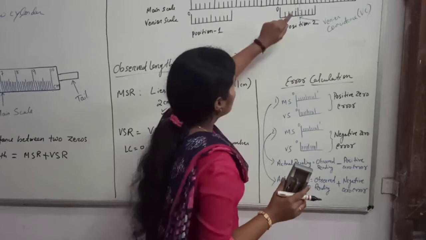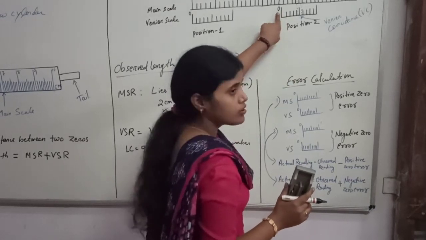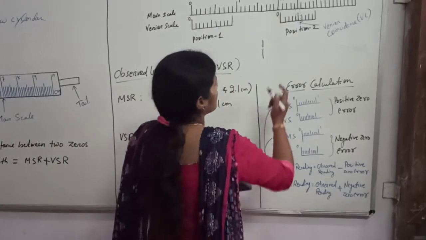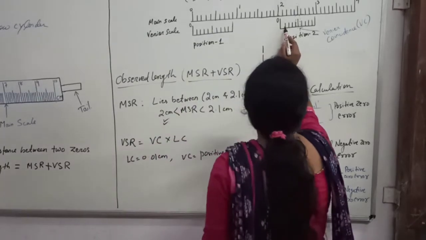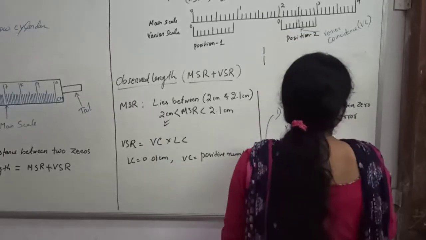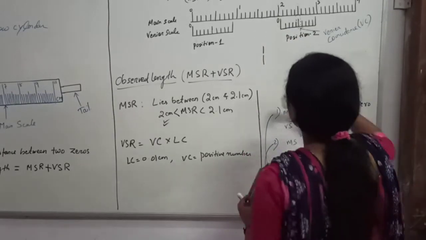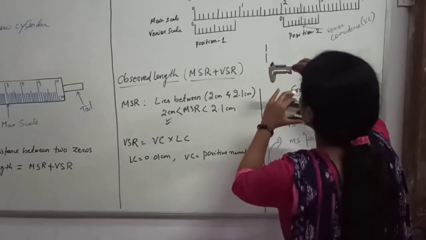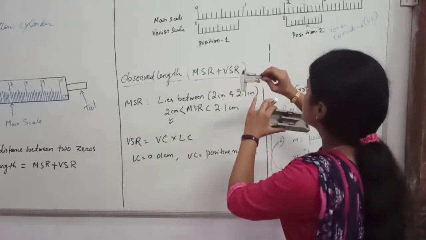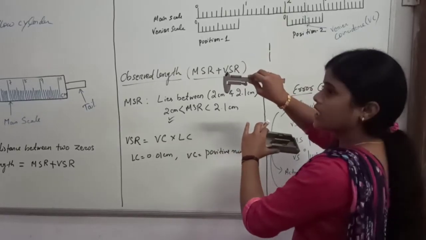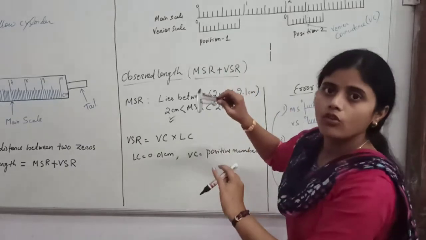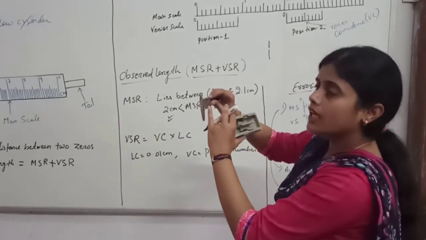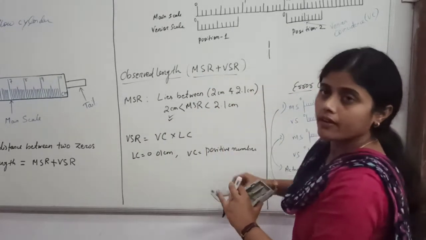Okay. So for VC, we will ignore the zero line. The first step is to ignore the zero line. Then one by one you have to check. For that you have to place your vernier scale completely in front of your eye in order to avoid mistakes. Because if you watch from one side or the other, you will not get the accurate value of VC. So you have to put the vernier scale completely in front of your eye. Okay.